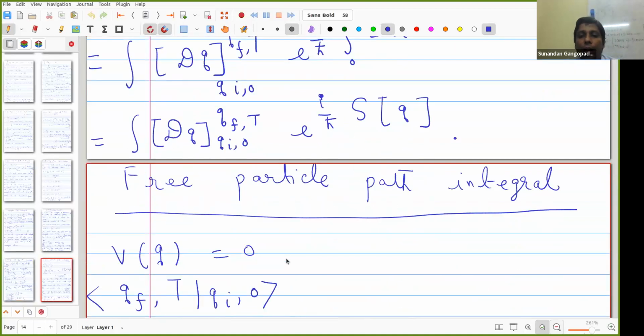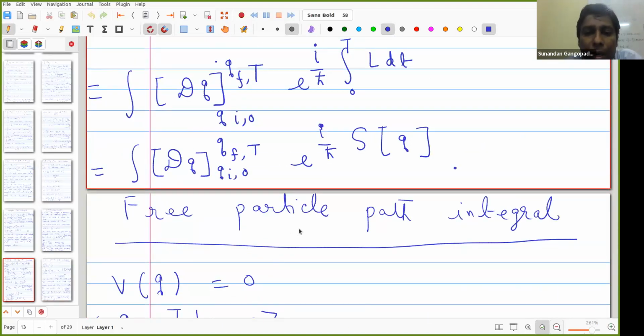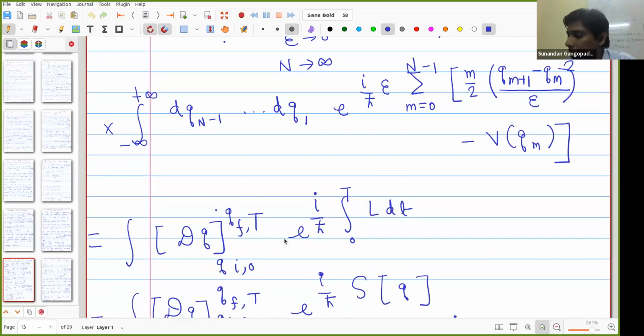And now today I start from here, because the next part I could not cover. I mentioned that it would be a good point to stop at this point. And today what we shall do is show how we can calculate the free particle path integral exactly. So for a free particle, we know that